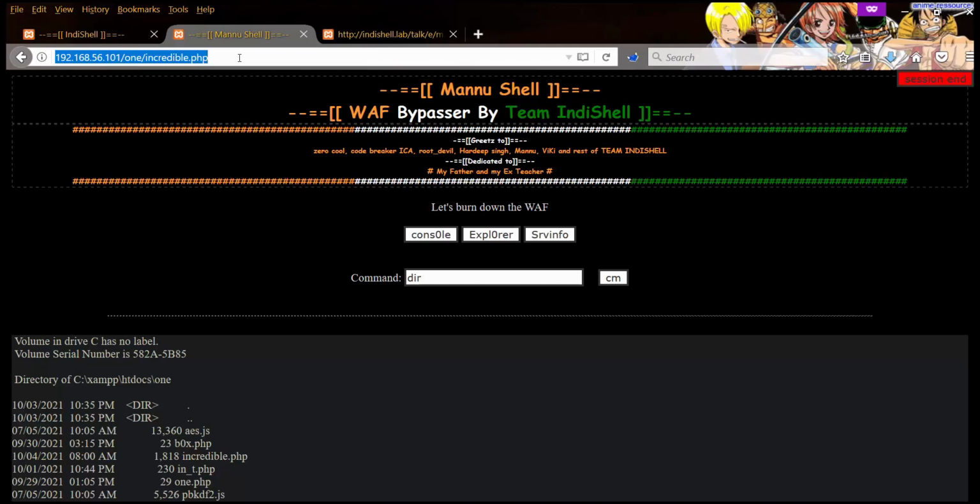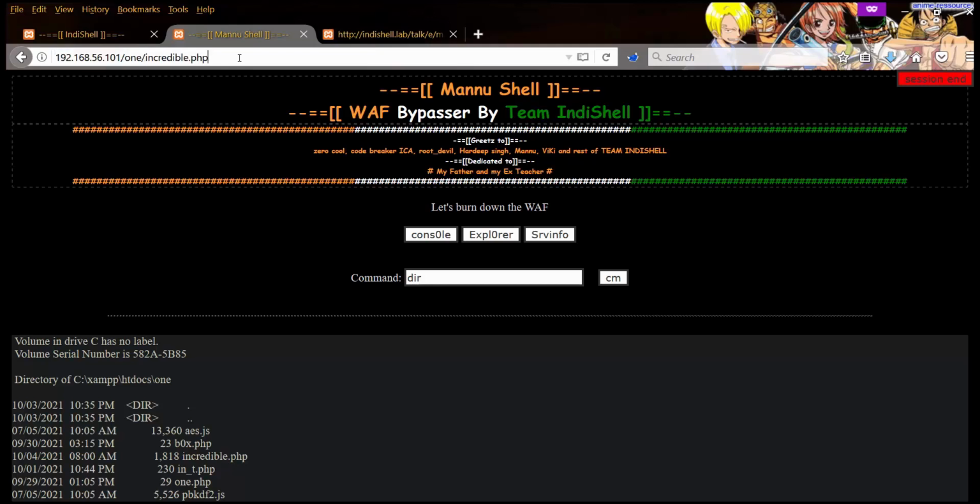So if someone inspects the traffic, they will only get things related to Incredible Shell. It is an advantage when someone is monitoring the server, as they won't be able to figure out simply how things are happening and what this script is doing.